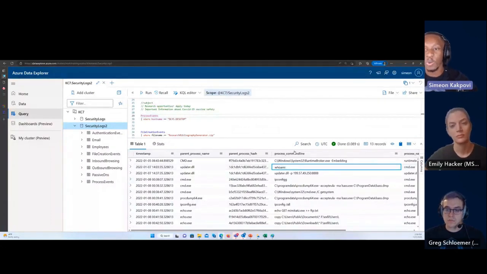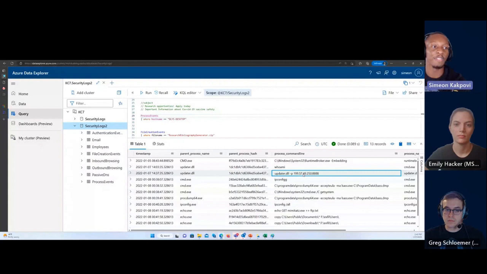So it's trying to figure out what user account they're on. And then they're running this updater.dll to an IP. If you follow the trail, you'll figure out that this is an actor IP, and they're establishing a command and control channel back to the adversary. So the adversary finally got a file, the file dropped an implant, and the attacker wants to connect back to their own infrastructure so they can issue hands-on keyboard activity.